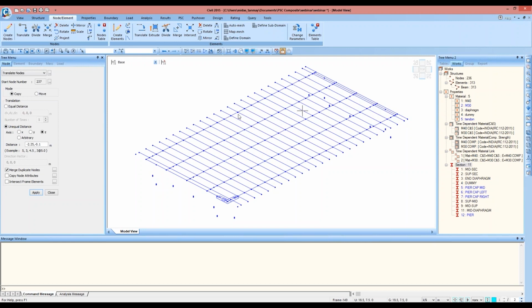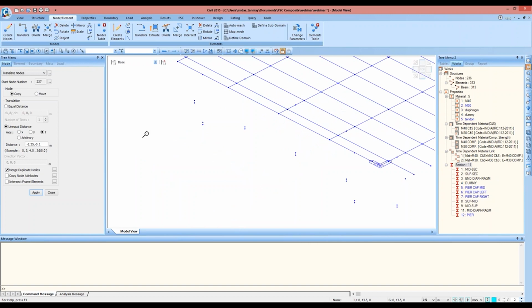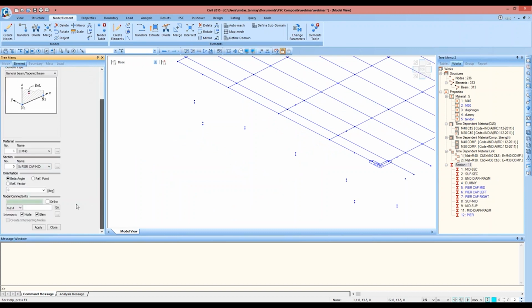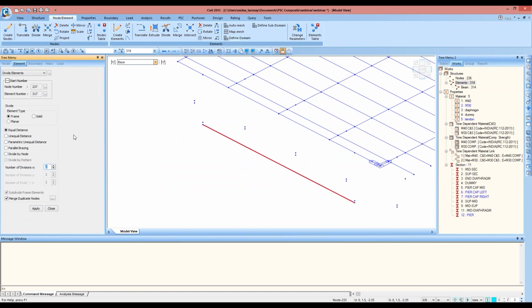Next, I'll be drawing the pier cap section here. So for doing that, create elements M40 and pier cap mid, nodal connectivity from here to here. Then I'll select this recent entity and divide it in four equal parts and apply.